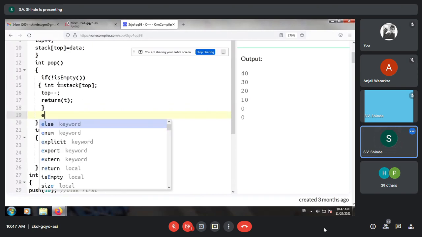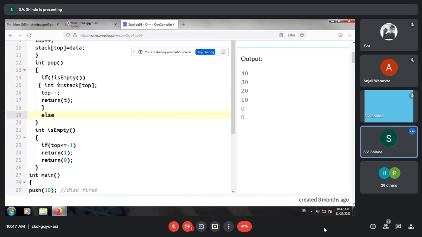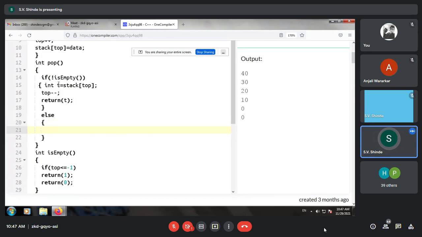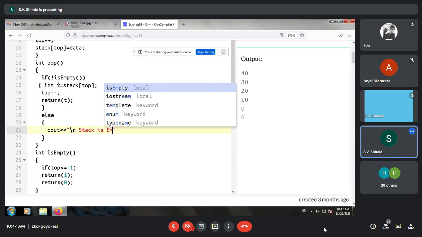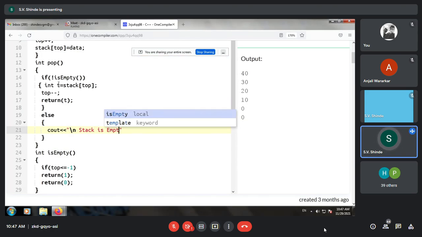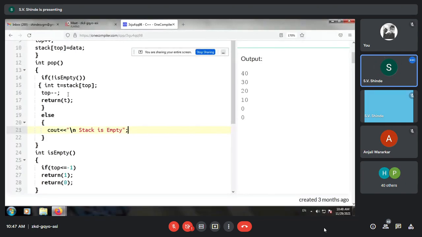Else we must print the contents. Sorry, we should use cout and display stack is empty. So over here we are talking about stack empty positions, and finally you should return some value from over here.